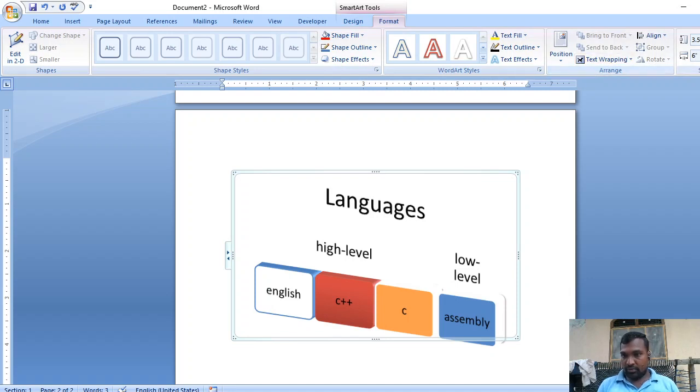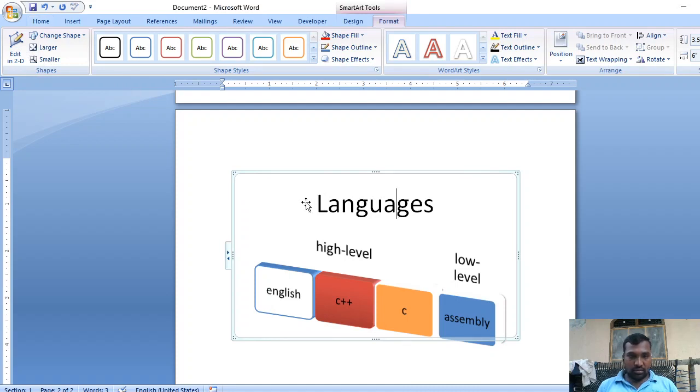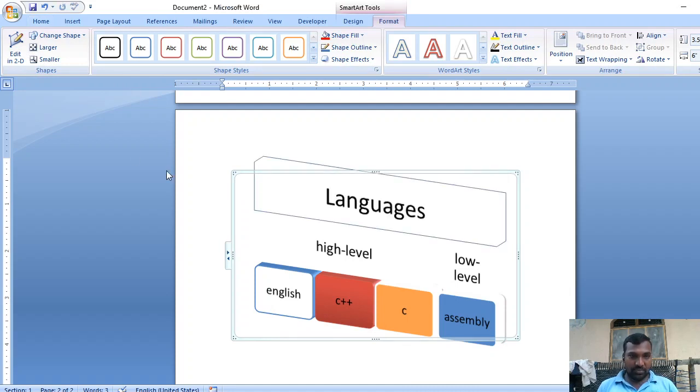So you can change the size of the shape here. If you want the exact size of a particular shape, then you can insert the values here, the height and width of that particular shape. Or if you don't want that, based on the present scenario, if you want to change the particular shape size, then you can use the Larger and Smaller commands. You can increase or decrease the size of the particular shapes.